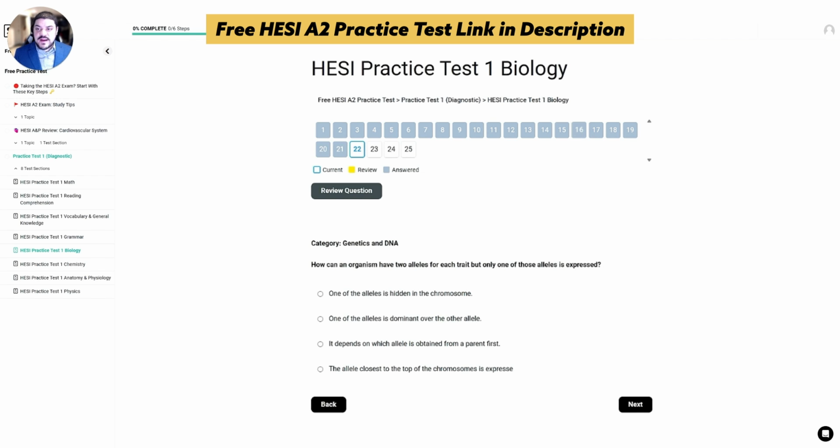All right, the correct answer is one of the alleles is dominant over the other allele, which is choice B. In organisms, traits are determined by pairs of alleles, which are different forms of a gene. Each individual inherits two alleles for each trait, one from each parent. The way these alleles are expressed in the phenotype, which are observable traits, is determined by the principle of dominance